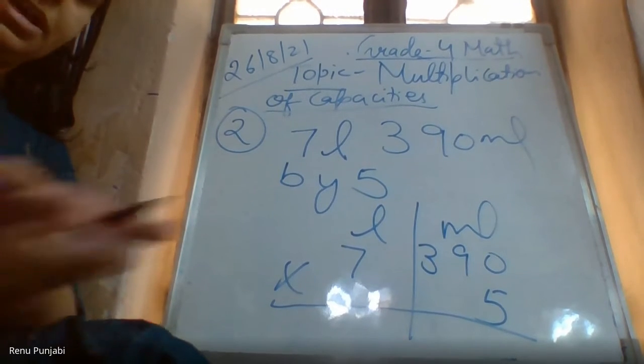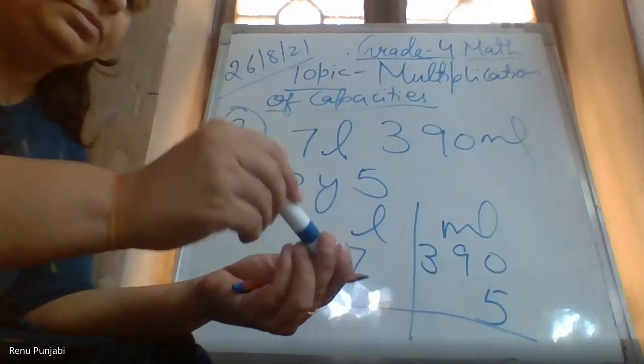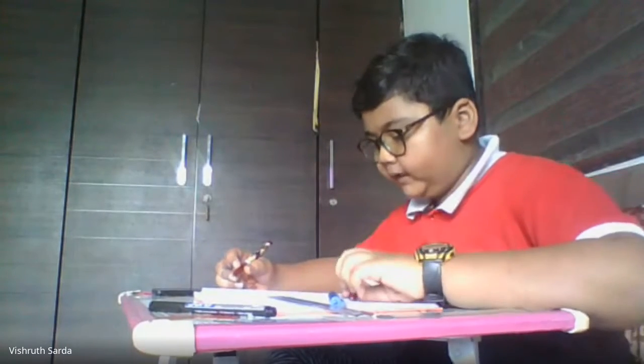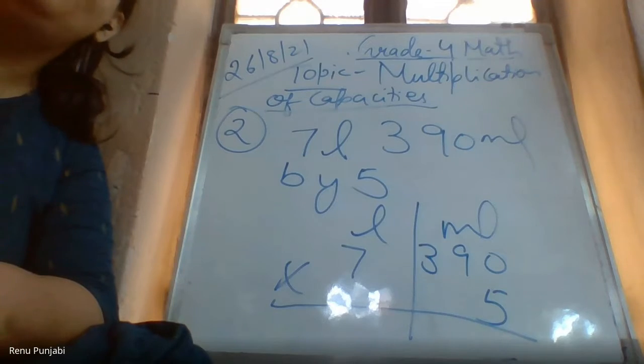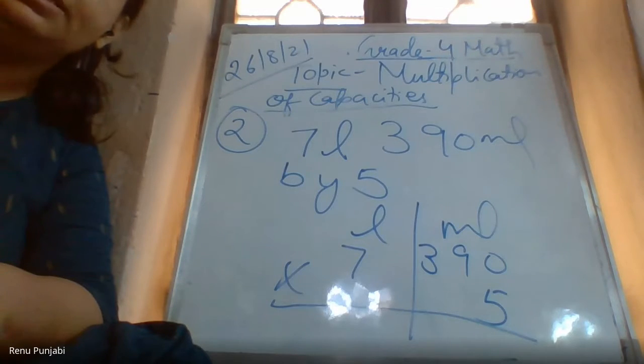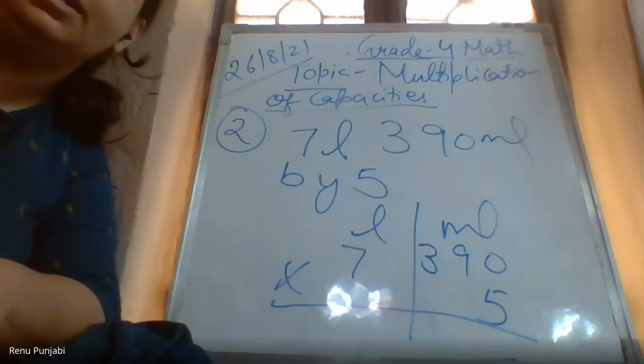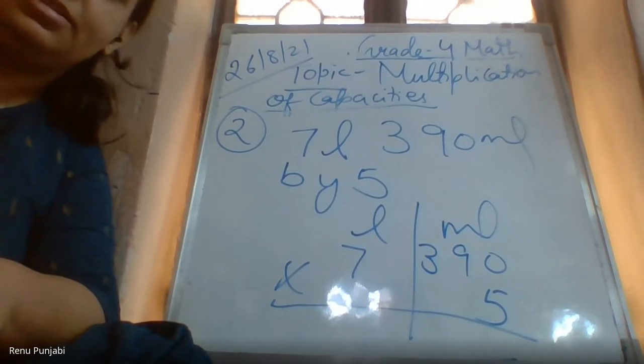Vishnu, you were telling me your story problem. Please tell me. Yes, ma'am. My story problem is, one bottle of cold drink contains 25 liter and 500 milliliter. I have to separate this in 5 other bottles. If you separate this in the 5 other bottles, you will divide that how much each bottle will contain. वो division हो जाएगा बच्चा.